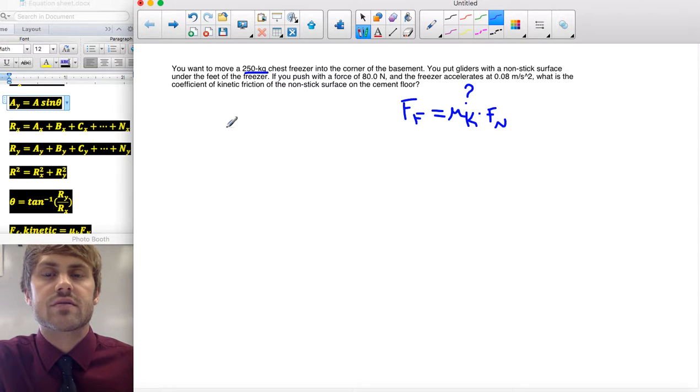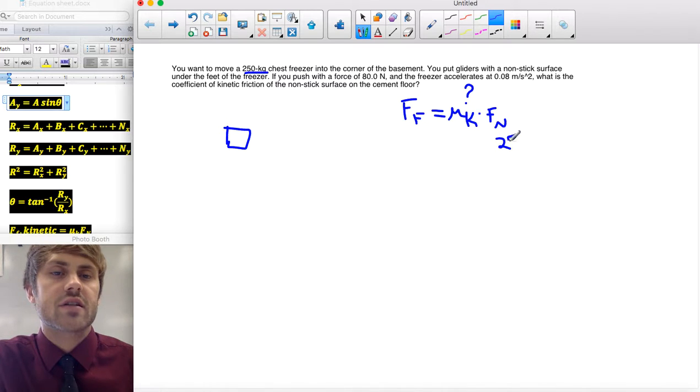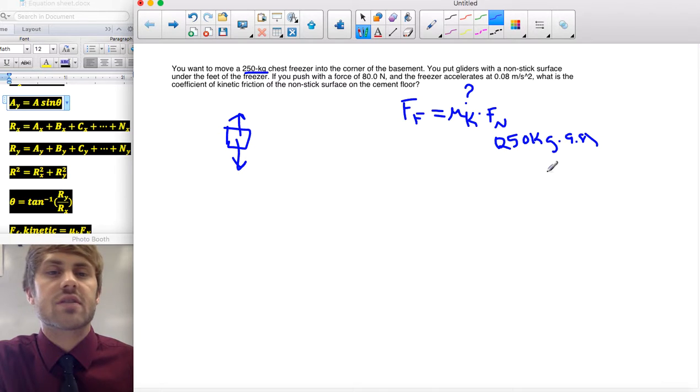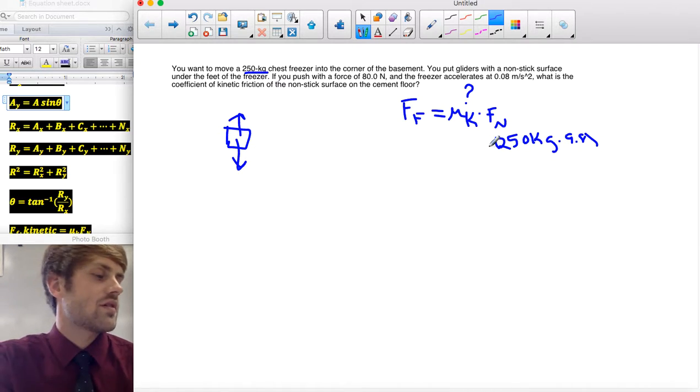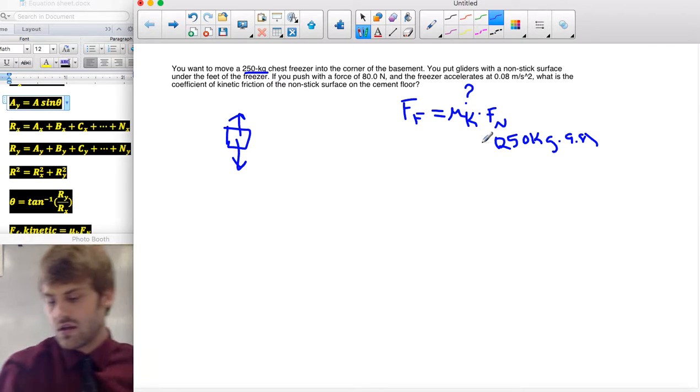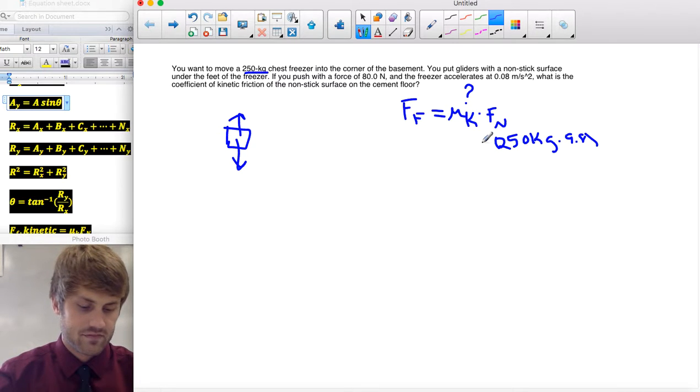They give us the mass of our chest freezer, so we can find the force of normal by taking 250 kilograms times 9.8, because we know that if gravity is pushing down, the force of normal will be pushing back up with the same amount of force. So I can enter into my calculator 250 times 9.8,